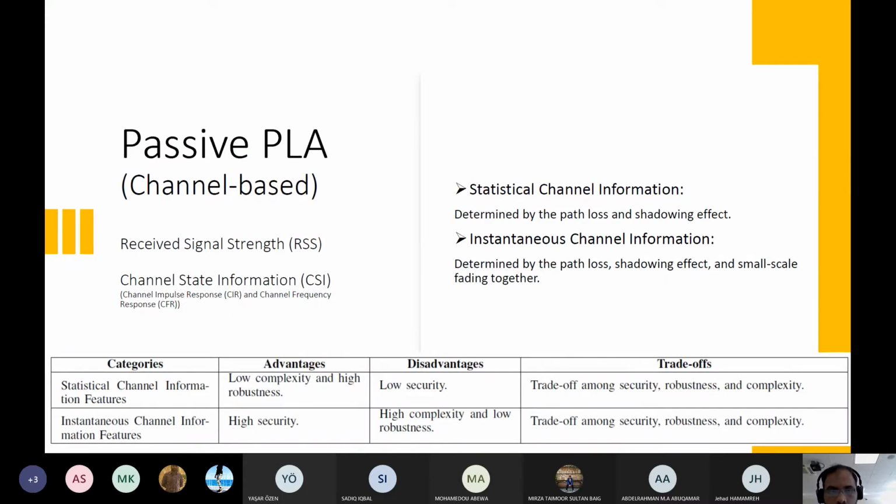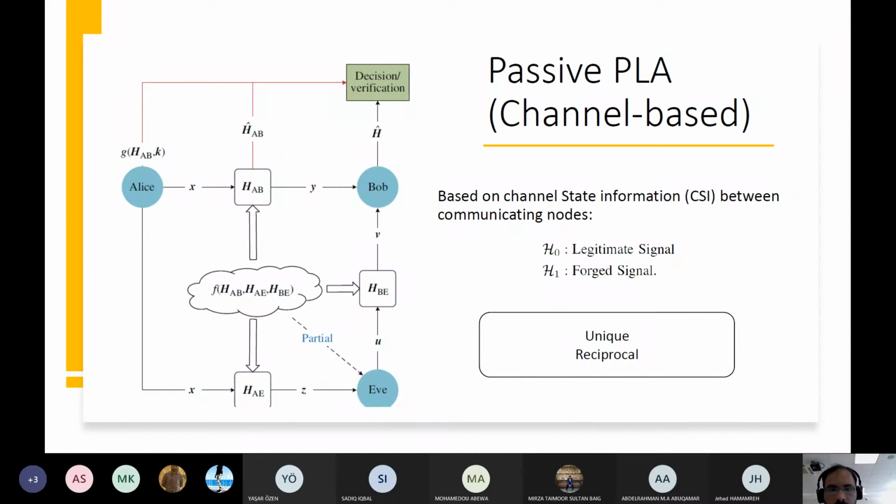Now, going into a little more detail in this channel domain, I already explained uniqueness: in wireless communication, especially in a rich environment, I'm not talking about a sparse environment, in a rich environment like sub-gigahertz based communication, if two nodes are half a wavelength apart, they will observe independent channels. And the channel between two nodes is reciprocal.